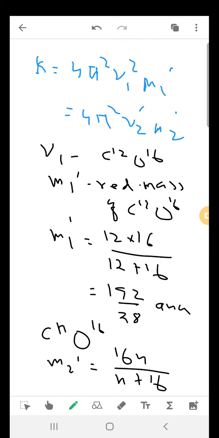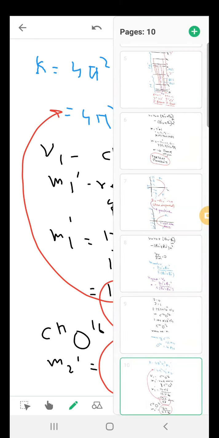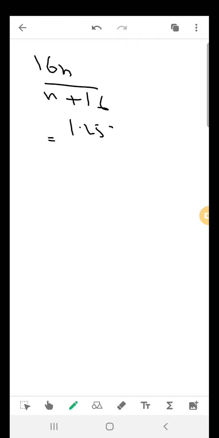So if you substitute this value and this value into this equation, then we get 16n divided by n plus 16 is equal to 1.153 into 10 to the power 11. Actually,